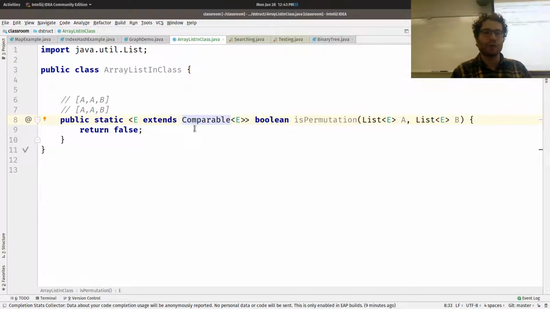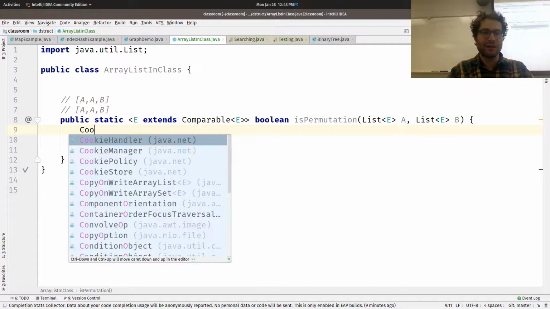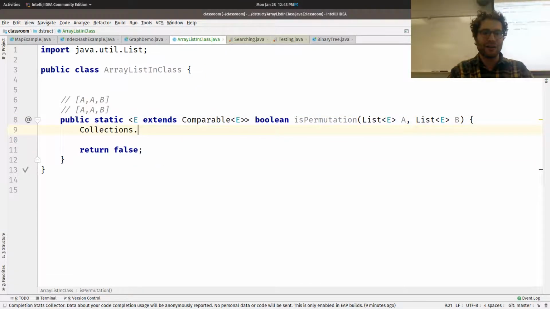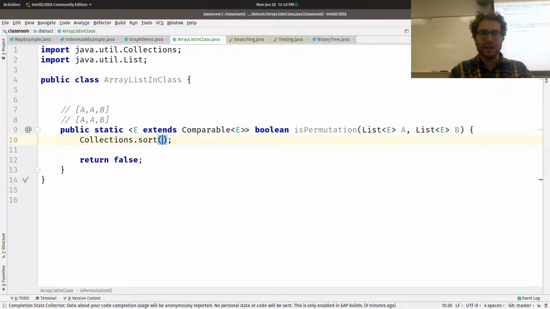They have an ordering, which meant that we could easily do this method: Collections.sort, and then we could pass in A, and it would sort A, and then we could pass in Collections.sort B, and it would sort B, and then you just simply compare the two to make sure, hey, are these two lists equal? Do they have the same items? And I would actually count that as a correct solution,